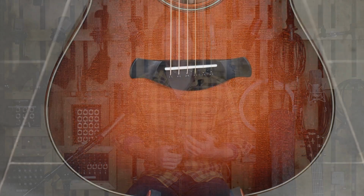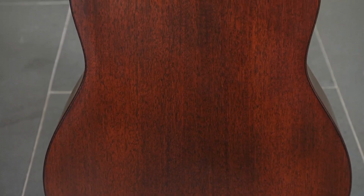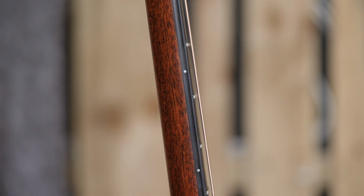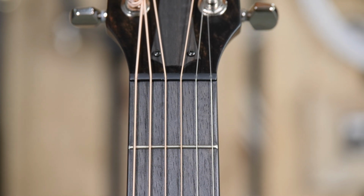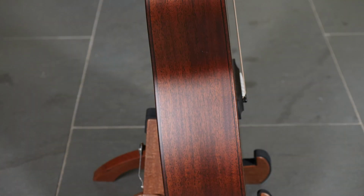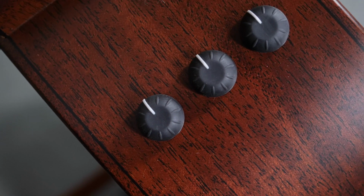The 517E Builder's Edition features a solid torrefied Sitka spruce top, solid mahogany back and sides, a mahogany neck with a West African ebony fingerboard and a compound carved profile, a scale length of 25.5 inches, and a black Graphtec nut with a width of 1.75 inches, a West African ebony bridge with Makata saddle, and the entire guitar is finished in Taylor's silent satin finish. The guitar comes with Taylor's own ES2 pickup system and includes a Western floral hardcase and has an RRP in the UK of